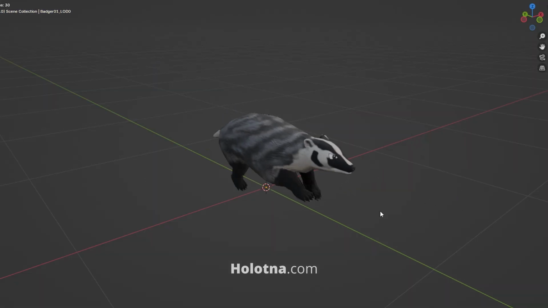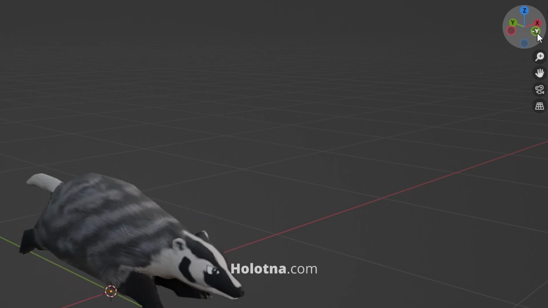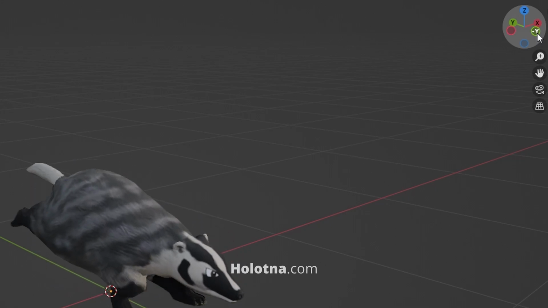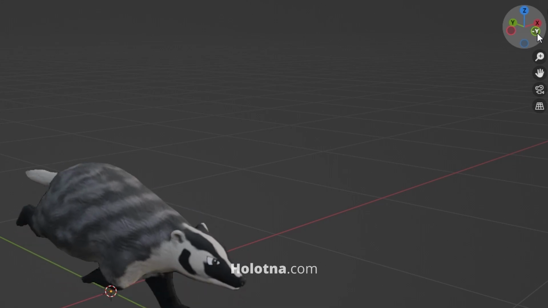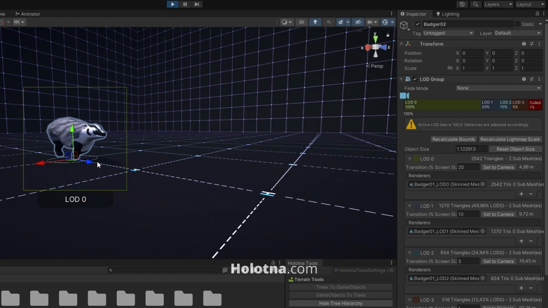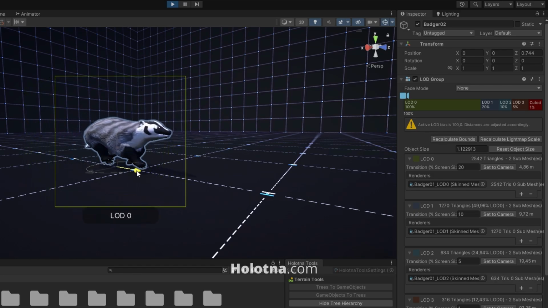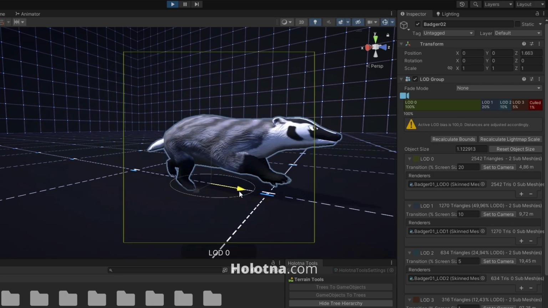If your model is a character, you should make it face the negative direction of the y-axis in Blender. When you export this model to Unity, for example, it will face the positive direction of the z-axis, that is, forward. When you code the character to move forwards, it will move forwards without you having to do any adjustments